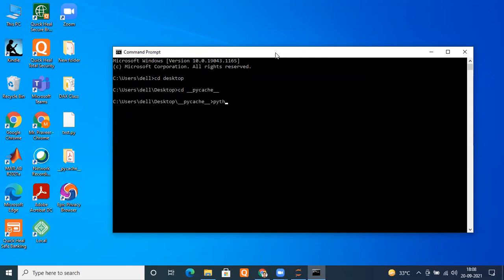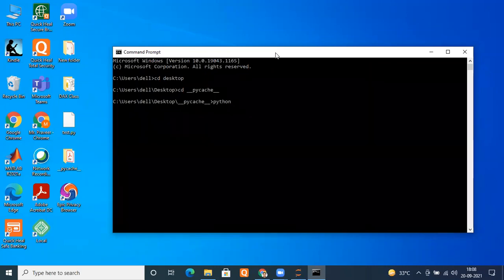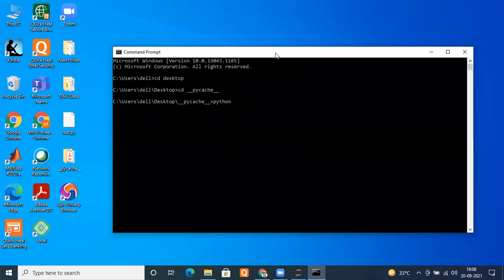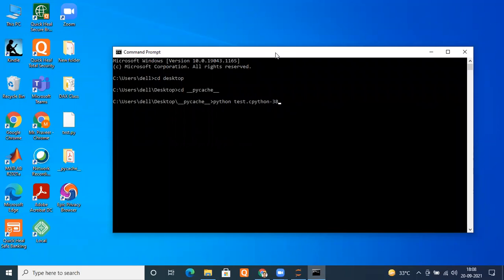So I will type python. Just typing python itself means that I'm calling the interpreter. And what does the PVM consist of? PVM itself consists of the interpreter only. So once I type python, it is understood that the Python interpreter will be called. Then I can type my file name. I just press Ctrl+V here, and the file name extension is .pyc. That's it. I'm just pasting it, and once I run it,